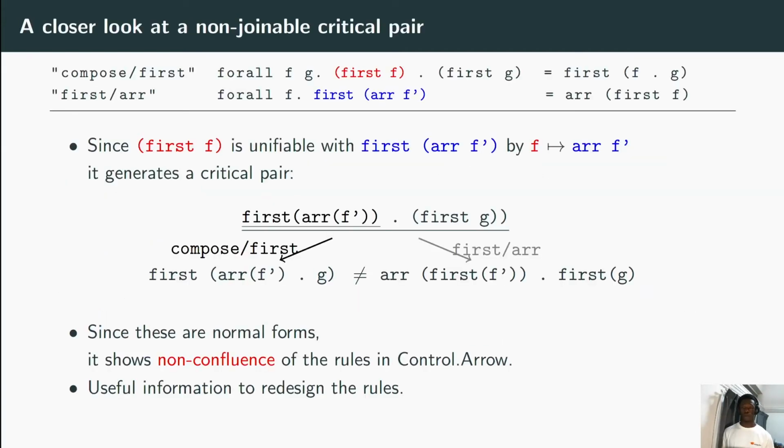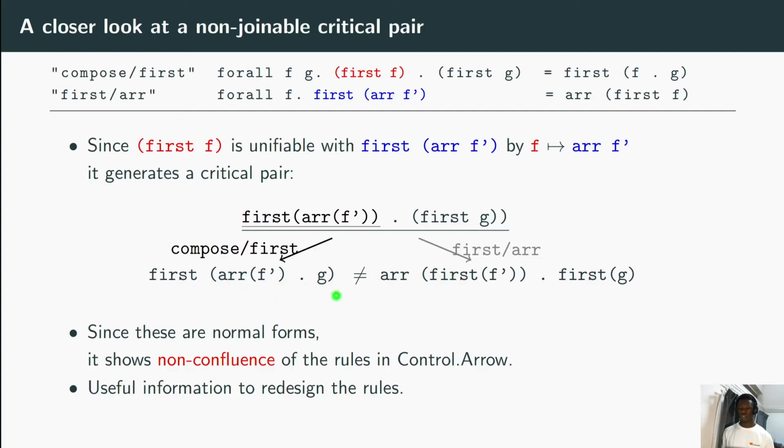such as this one, between the rules generated by the rules compose first and first arrow. From the output of GSOL, we read that the sub-expression first f from the left-hand side of the first rule is unifiable with the entire left-hand side of the second rule by this unifier. And the result of unification is this expression that can be rewritten with either rule. And the result of rewriting is these two